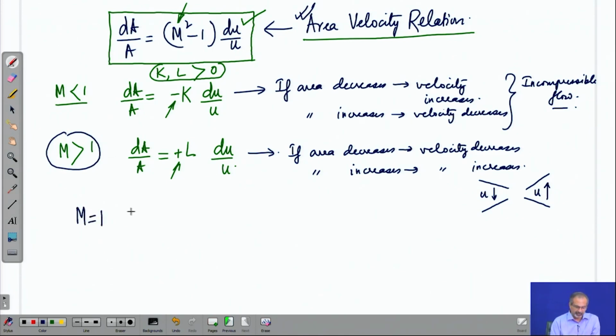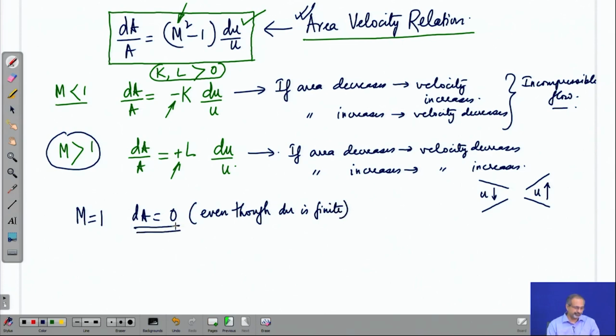What happens at Mach 1, that is sonic condition? dA basically becomes 0, that means the area is not changing, even though du is finite. Such a situation can still arise. So, if you look at the mathematics, it can mean both a maximum area or a minimum area, but in a physical world we see that it happens to be a minimum area situation only, which is permitted